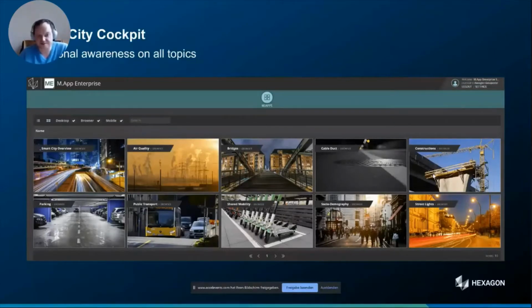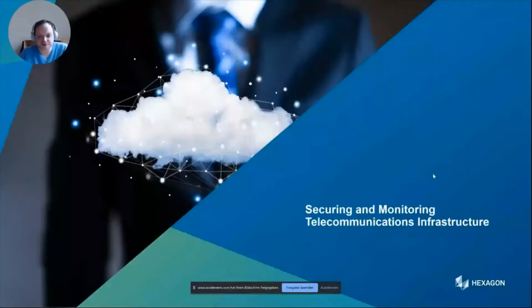So as a result, we said, okay, in the end, I want to create a dashboard for my city where I can see the different aspects being covered just with some clicks and without any special GIS knowledge. In this case, I'm focusing on just one topic, and it's about securing and monitoring of telecommunications infrastructure. For the reason that a city has so many topics, and I can't cover all of them within this 15 minutes of the presentation.